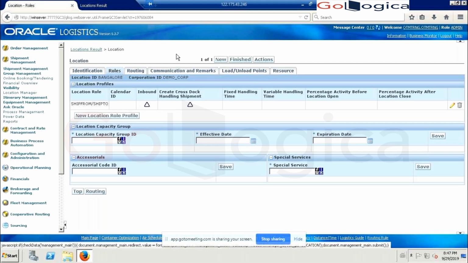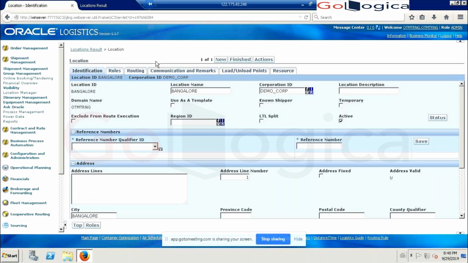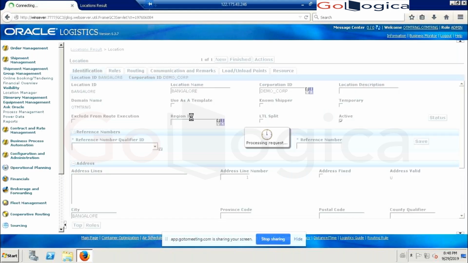If you want, you can try, but it will not come. India follows the postal code; we will not have province codes basically. So we have these postal codes. Now I just updated this location.